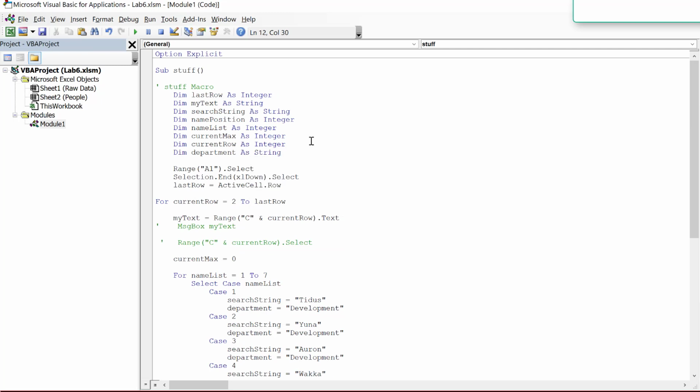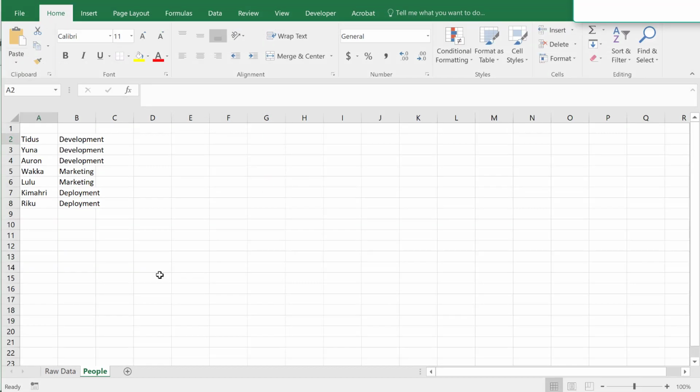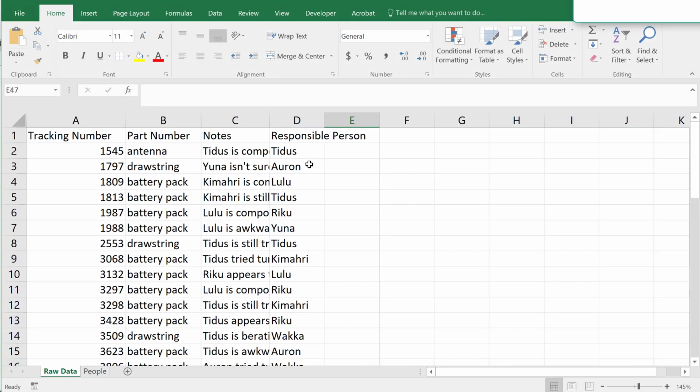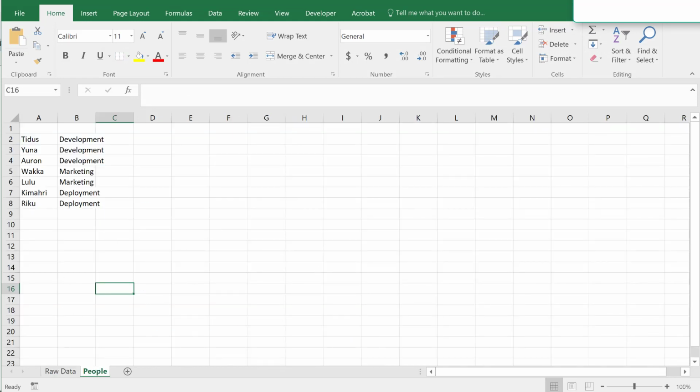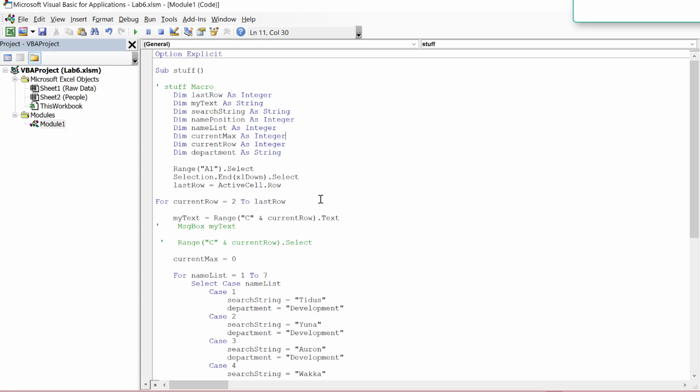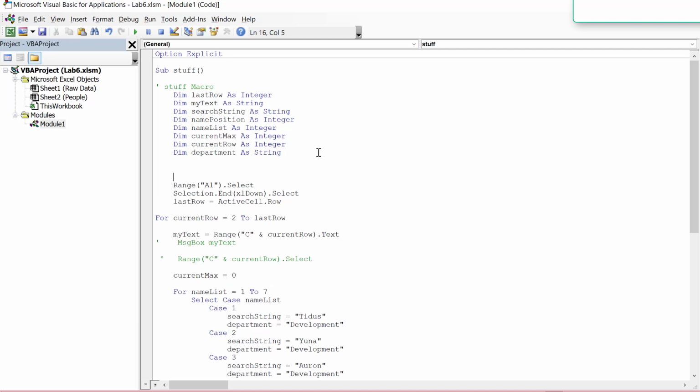Okay, but now that I have that in there, that was all it took to go in and I hit run again. Oh, it's on the wrong thing. It didn't work because it was on the wrong tab. Let me go ahead and show you how to do that. I'm pretty sure it's just sheets. So I'm going to put this right at the beginning. Sheets, and it's called raw data